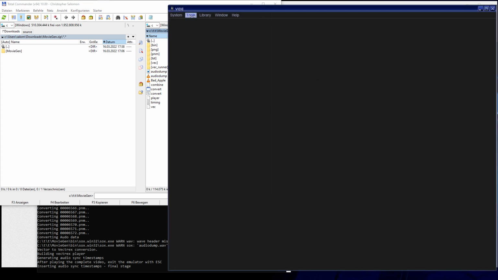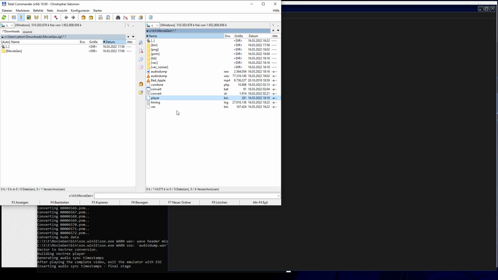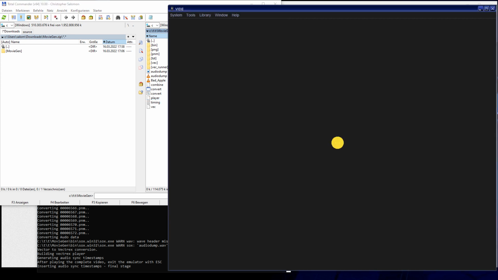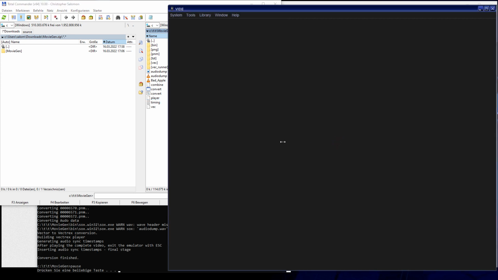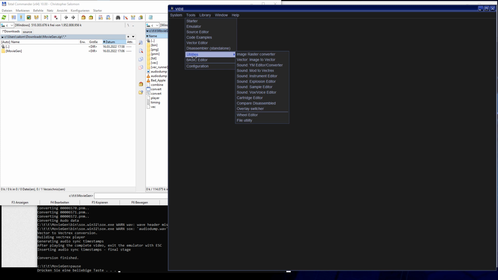So what I'm doing now, Vide has to know what kind of cartridge it is. And it does not know by heart that this player.bin is actually a Vecstream cartridge which wants to load some other data. So to actually try this out, you have to create,